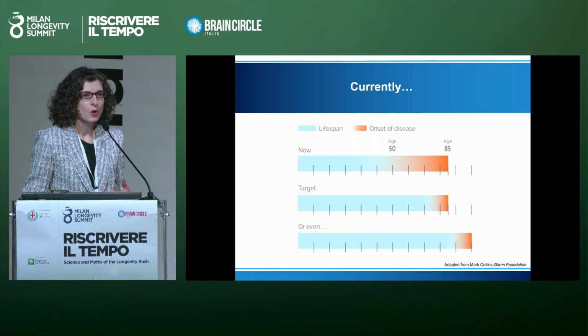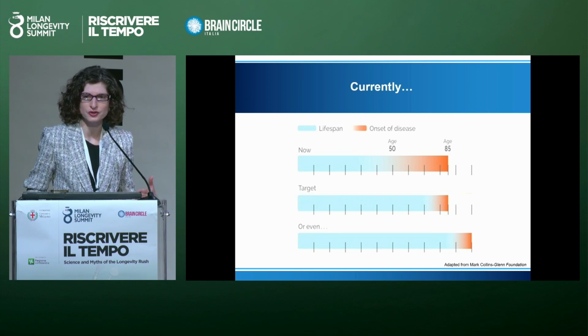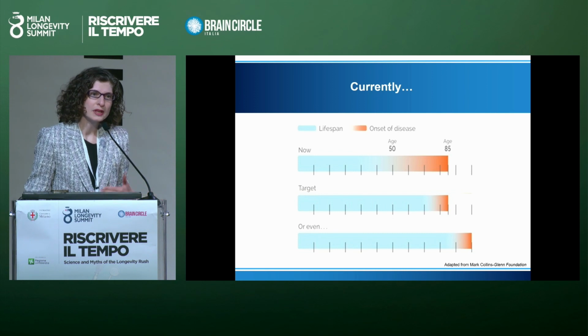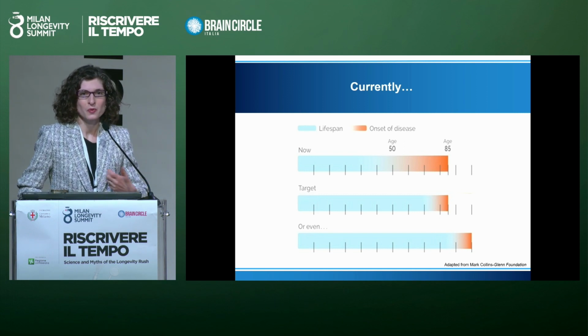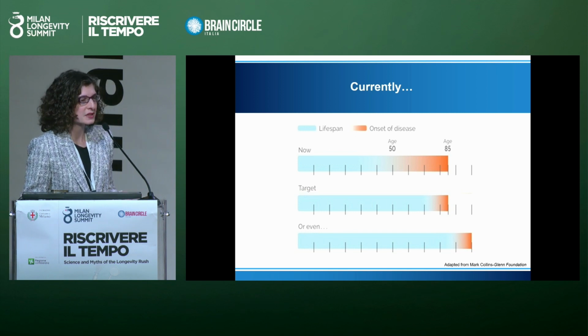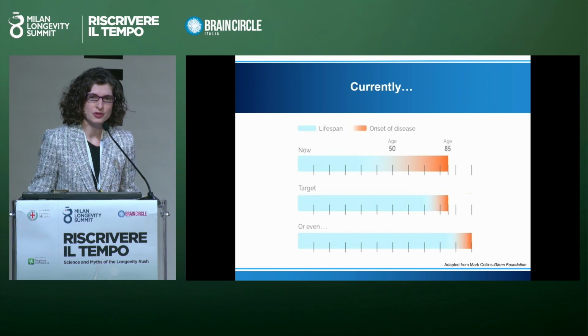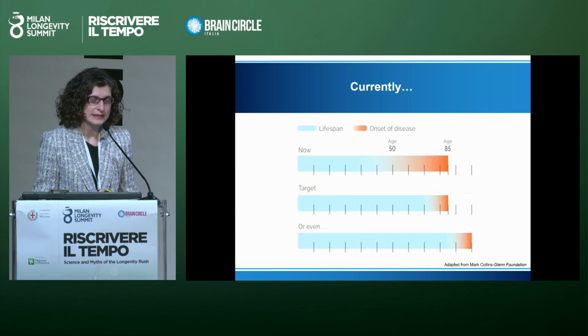And what we're all hoping to achieve is not necessarily having everyone live to 120, but to live to 85 healthy years, to really compress and reduce the amount of time that we're dealing with chronic conditions. And that's represented by the second bar, where we're reducing the orange portion of the bar. We're reducing our time spent dealing with disease.